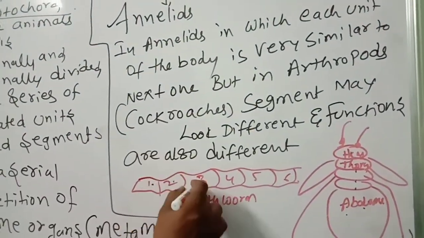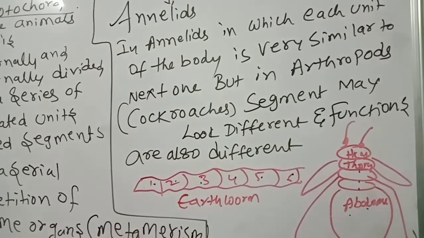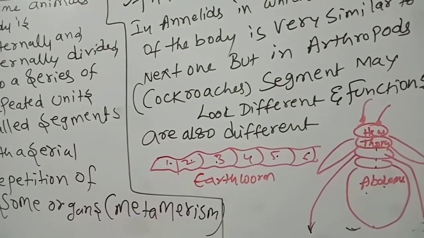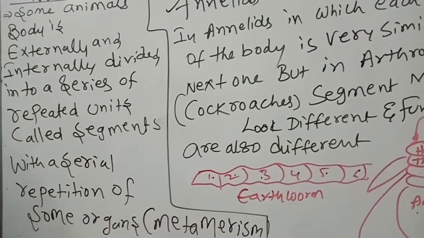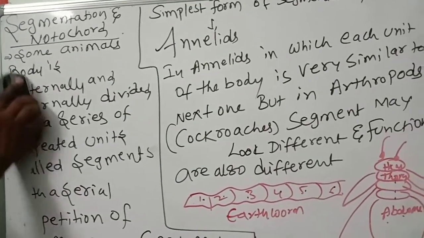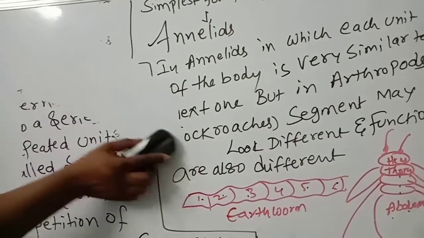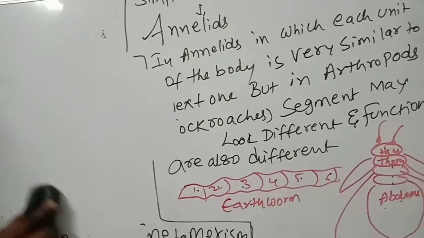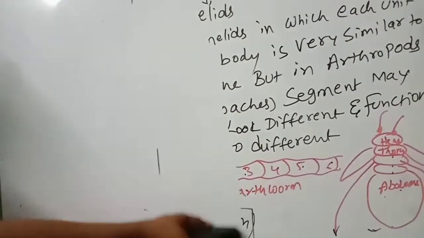This is similar to this one, similar to this one, similar to this one. That is why it is called annelids. Okay, the next one, segmentation, is also called metamerism. The next concept is